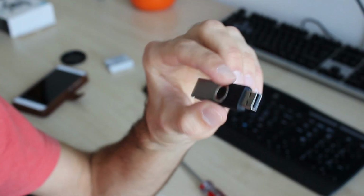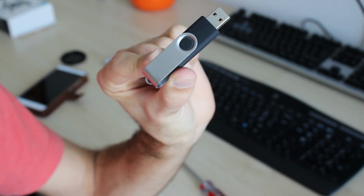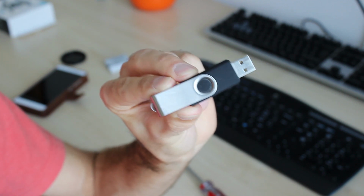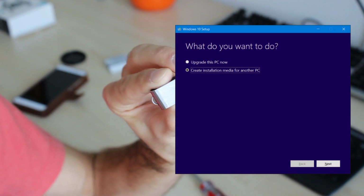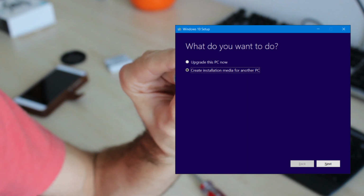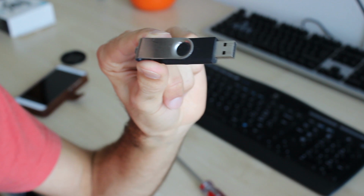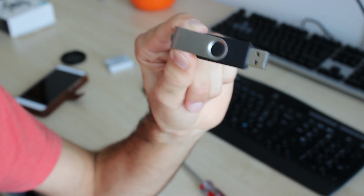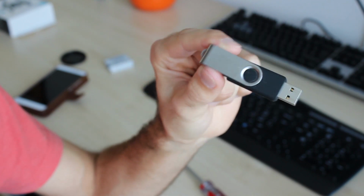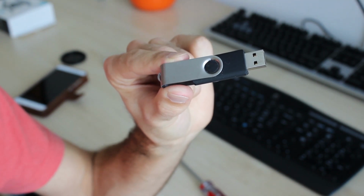So the next step, you want to make sure that you have an install media with the Windows ISO image on it, and you can get the Windows 10 ISO image via the Microsoft web page by typing in Media Creation Tool, and it is actually a little software where you can download the Windows 10 ISO image. And you can choose whether you want to mount the image on a USB flash drive, as I have right here, or whether you want to burn the ISO image onto a DVD